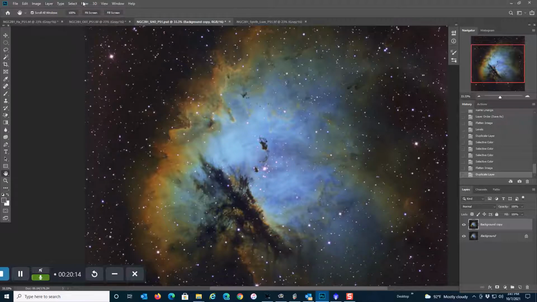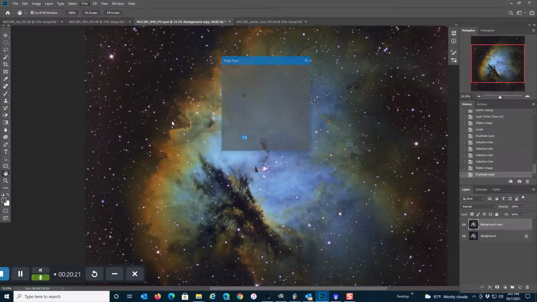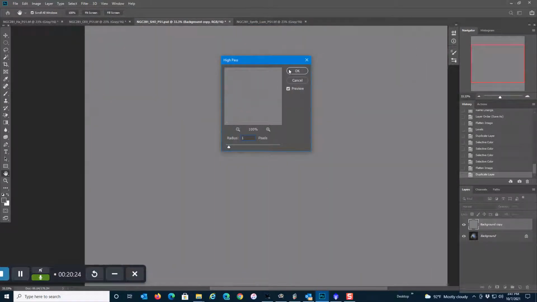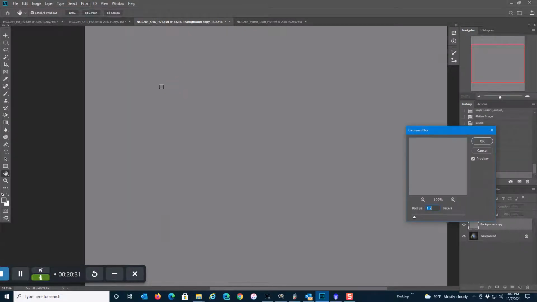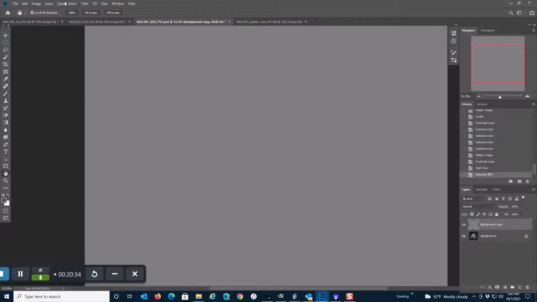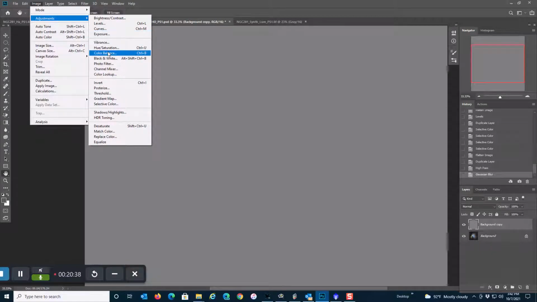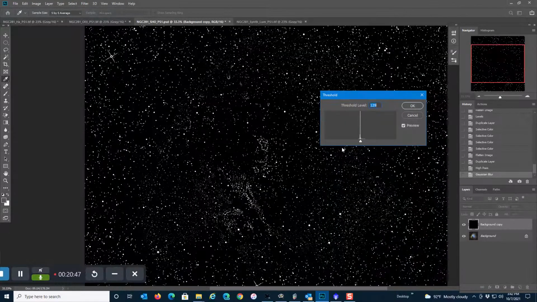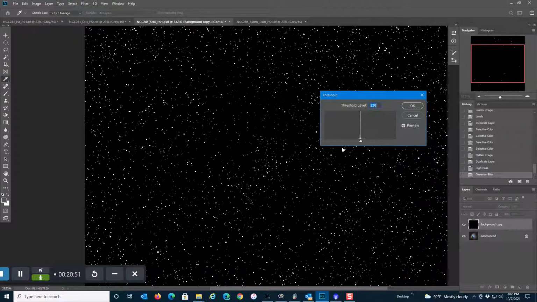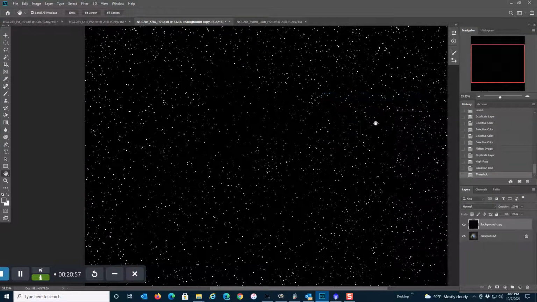So you do it by making another layer, and then doing Filter, Other, High Pass, and I make this a radius of 1, and then Filter, Blur, Gaussian Blur, and I make this a radius of 1.2, and then Image, Adjustments, Threshold, and you get this mess here, and you use your up arrow key to go once, twice, one more time, three times, click OK, and then Control A and Control C to select